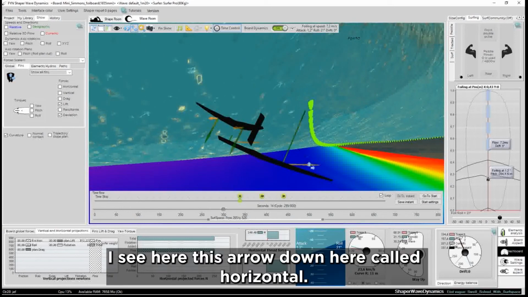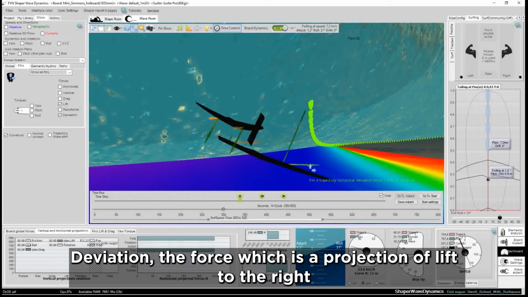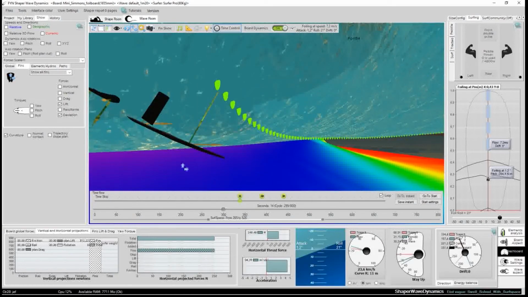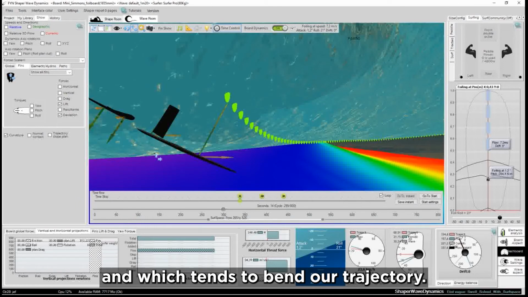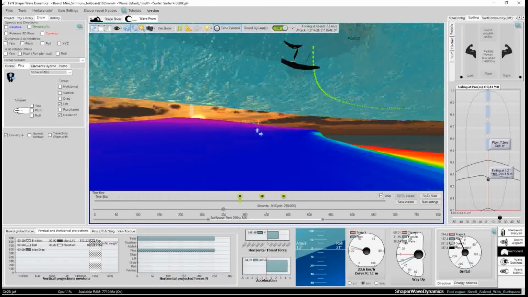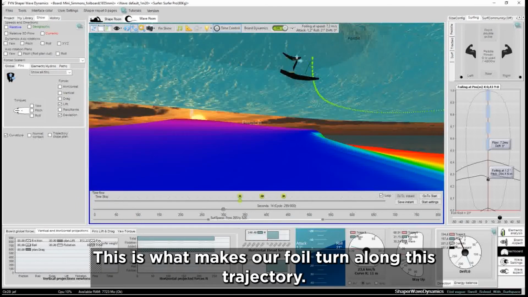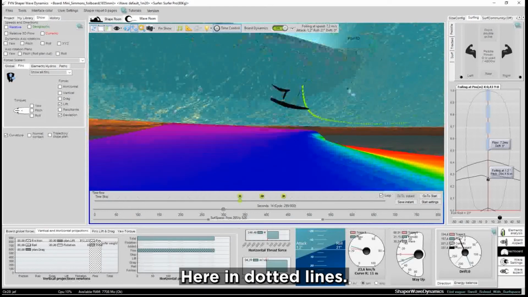I see here this arrow down here called horizontal deviation, the force which is a projection of lift to the right, and which tends to bend our trajectory. This is what makes our foil turn along this trajectory, here in dotted line.